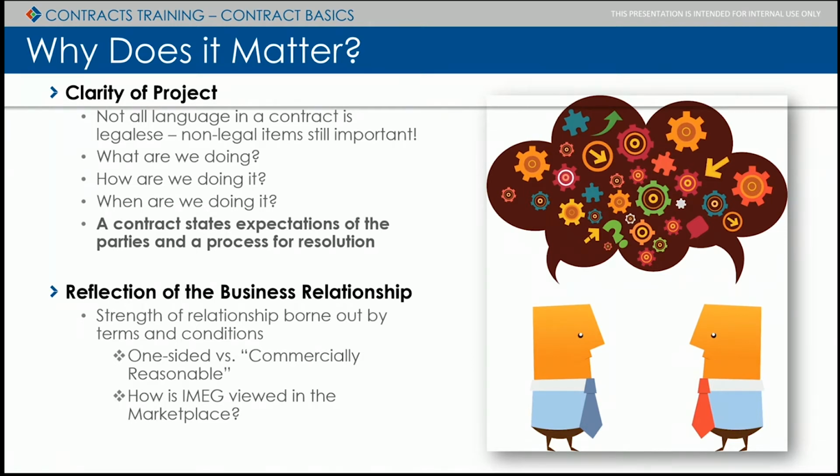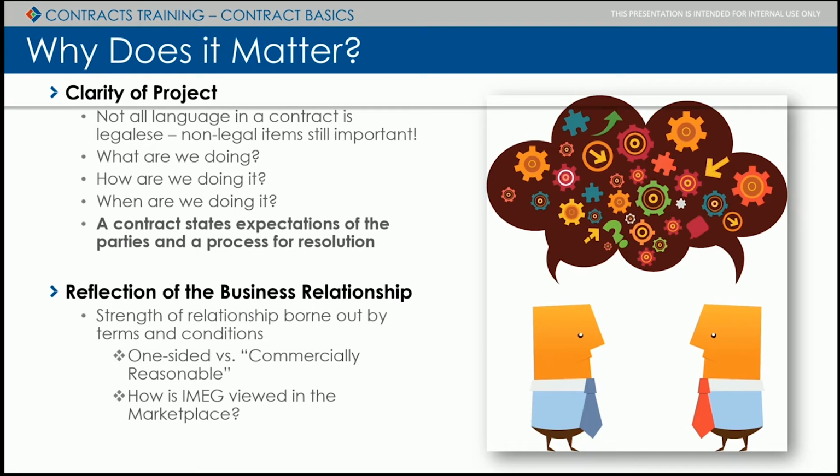Is the scope identifying exactly what we're going to be doing? We're going to touch on some hot button issues later on, with scope creep and arguments from clients that we knew or should have known that certain tasks fell within our scope. Those are items that, from a business standpoint, need to be reviewed by the business folks and they need to be aware of them. And it comes down to,